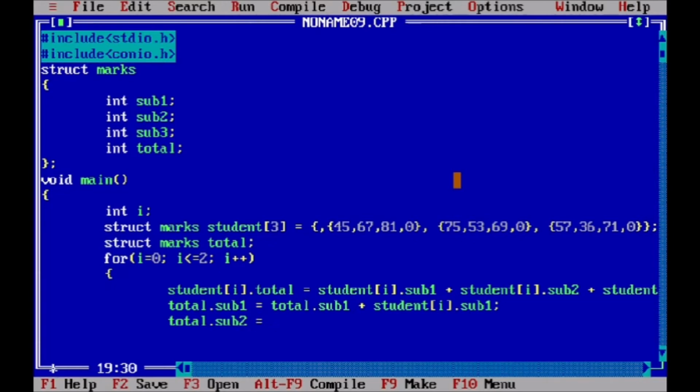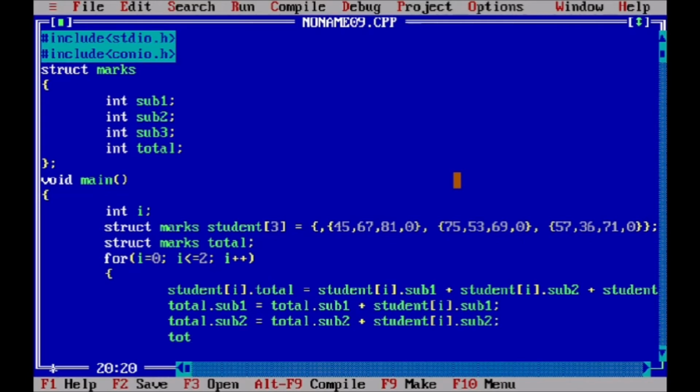So total dot subject 2 plus student of I dot subject 2. So this is in the for loop, and this process will repeat 3 times.